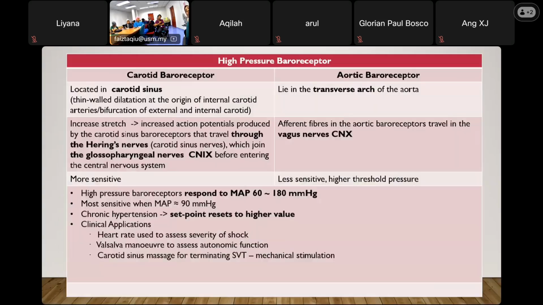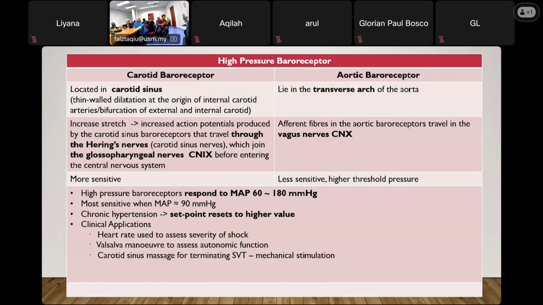So with 1 liter blood loss, the trigger is a decrease in pressure: pulse pressure and arterial pressure. It is sensed by the stretch mechanoreceptors located in the aortic arch and carotid sinus. The carotid sinus sends the firing rate through the glossopharyngeal nerve, and the aortic arch through the vagus nerve, to the NTS. Don't just say NTS; the examiner will ask what it stands for: nucleus tractus solitarius, located in the medulla.